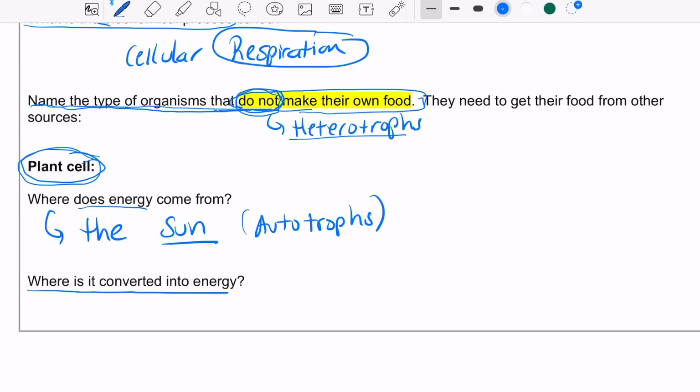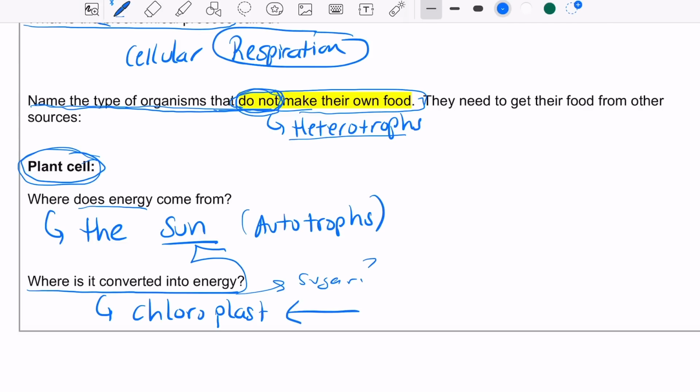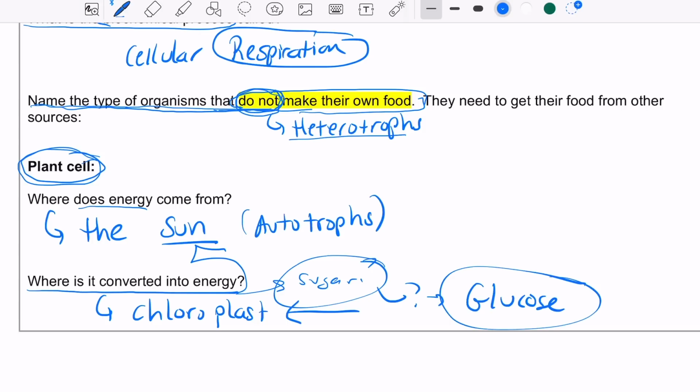Where is the energy from the sun converted into sugar for the plant? In the chloroplast. This is the organelle in a plant cell that takes the energy from the sun and converts it into sugar. Which kind of sugar? Glucose sugar. Glucose is made in the